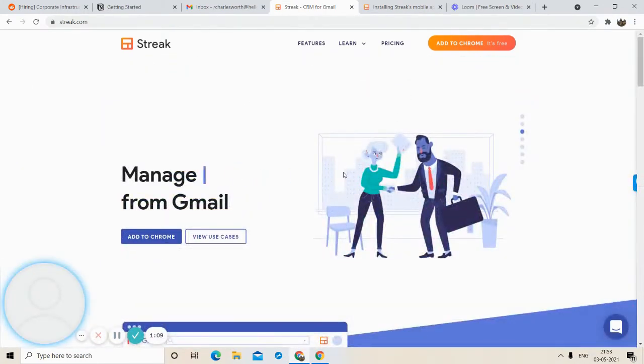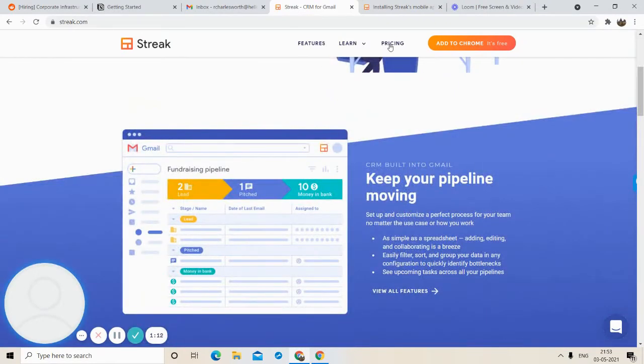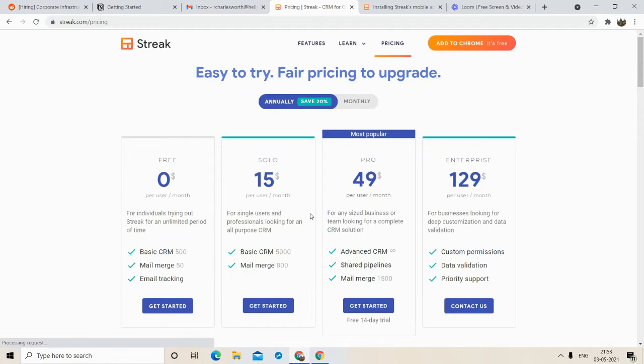Now to get started with Streak, let's first see the pricing. Do you understand what Streak does, right? So now let's talk about its pricing. If you are going to use the free version, they give you basic CRM 500. That means you can only track or create pipelines for 500 contacts at a time.